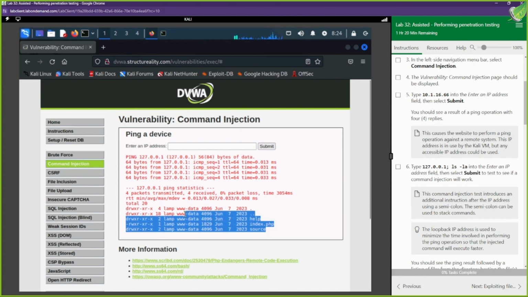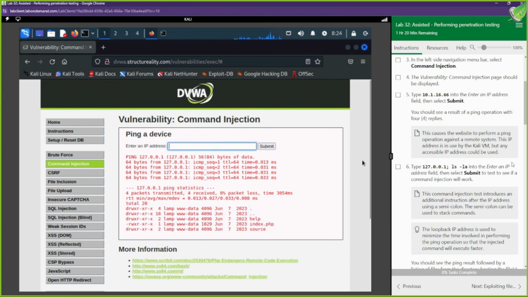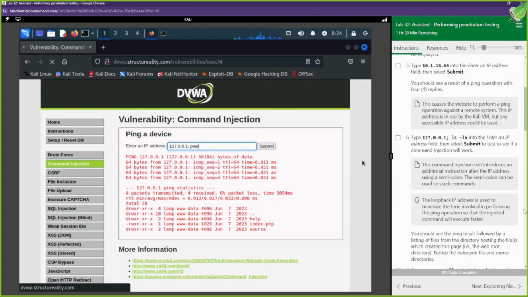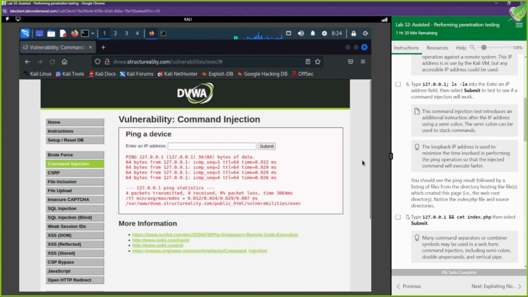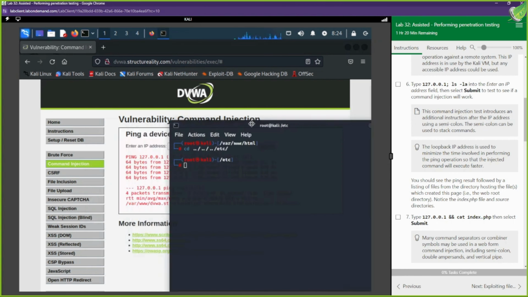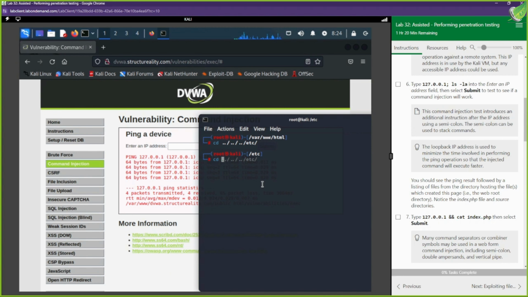So this is what it's listing out. We can do something else. 127. I want to do pwd to see what directory we're currently in. That's not part of these instructions. I just want to see it. This is the directory we are currently inside of, the var www dvwa. The reason I wanted to see that is so you can see that we're really running